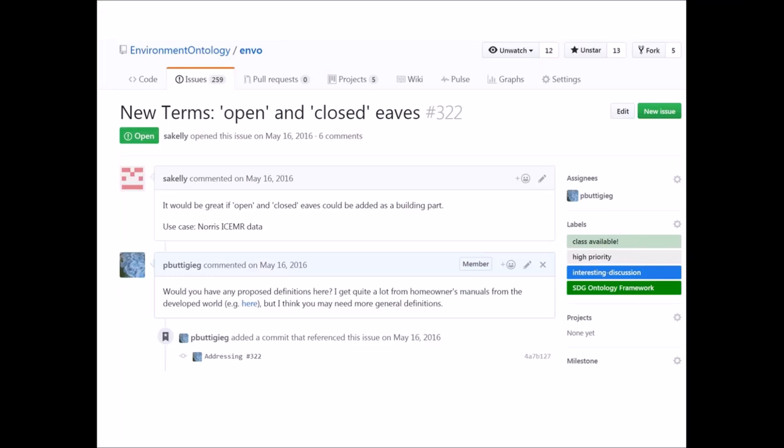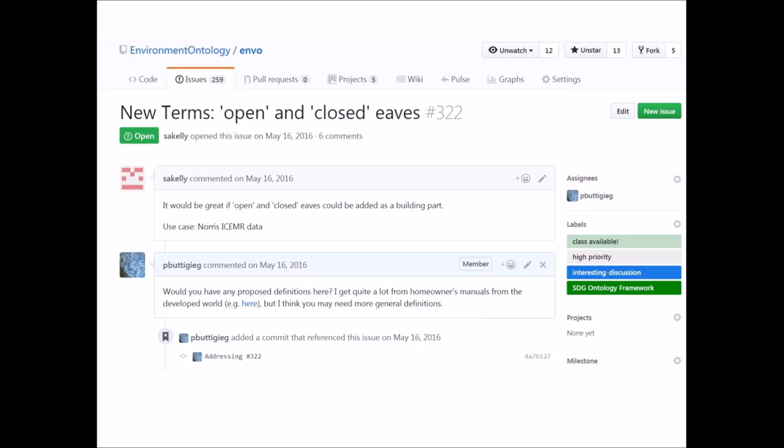and begin a discourse on it. So for example, in the environment ontology, we were approached to create terms for architectural open and closed eaves of buildings for a project here. This is the Norris ICE-MR, a malaria research project. They needed some knowledge about these architectural features for their malaria project. And of course, we asked for their knowledge.